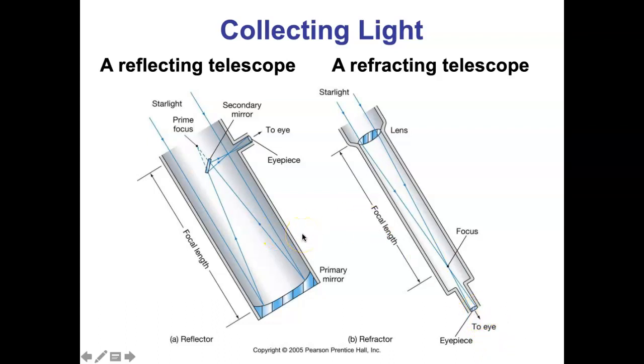After about 100 years, people realized that you could do this exact same thing, but with a curved concave mirror. So they started combining mirrors and lenses to create reflecting telescopes, where light comes in through the open hole of the telescope tube and bounces off the curved concave surface of the primary mirror. You could call it a primary mirror, or you could call it an objective mirror to compare it to an objective lens. The light bounces off the primary mirror and starts coming to a focus, and so you stick